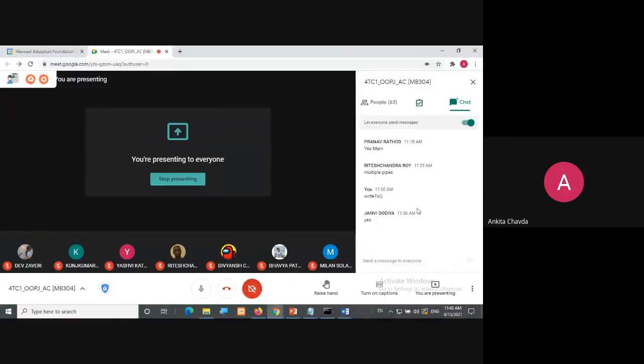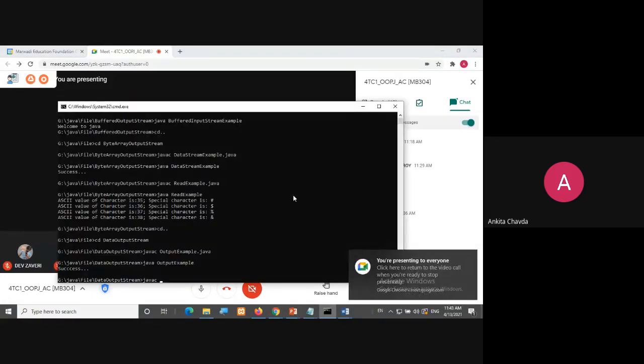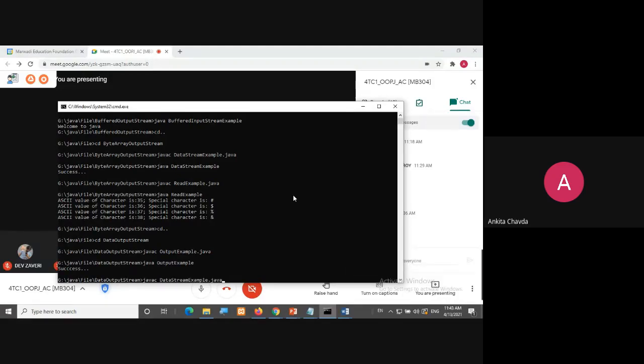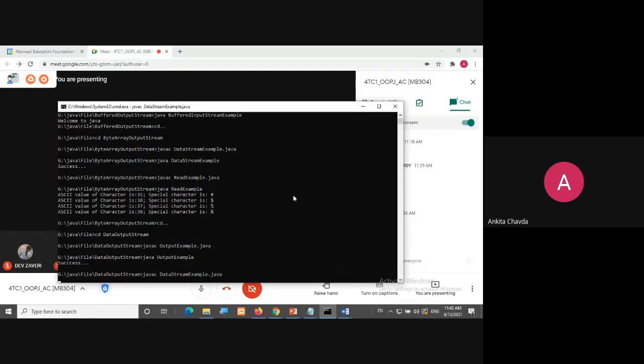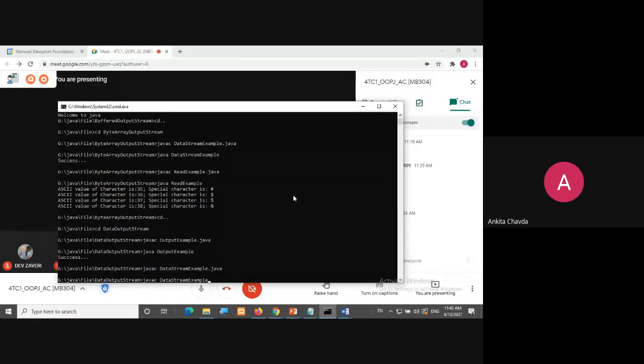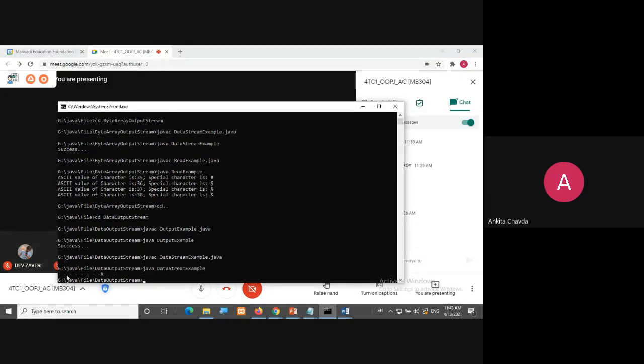I hope I'm connected. I'll check in between again and again. Okay. So here Java C, and I'm reading the data, whatever is written into 8 bytes. So have you seen this? First dash means 1 blank, 1, 2 blank, 3, 4, 5, 6, 7, and on the 8th byte it is written 8. So this is how they are reading.